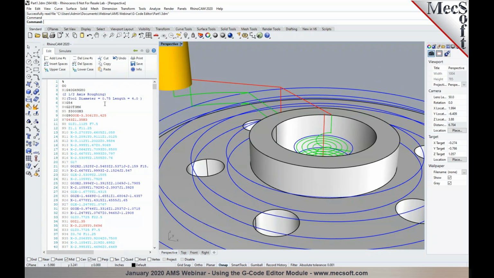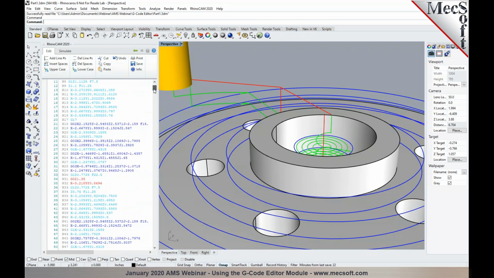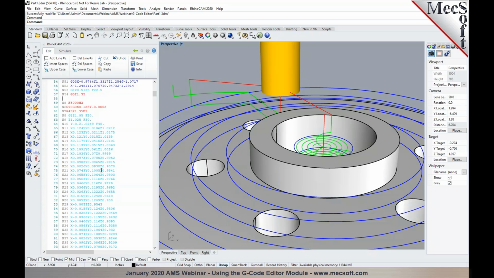And in the editor, I'm going to make some changes in here. So when the two files are merged, I would probably want to go back and edit out the program end code so I can merge them. So the M30, which is a program end, can be removed in here. So I'm going to select these lines of code and also the tool call, right click and pick cut to delete these lines out. Now, as you make changes,